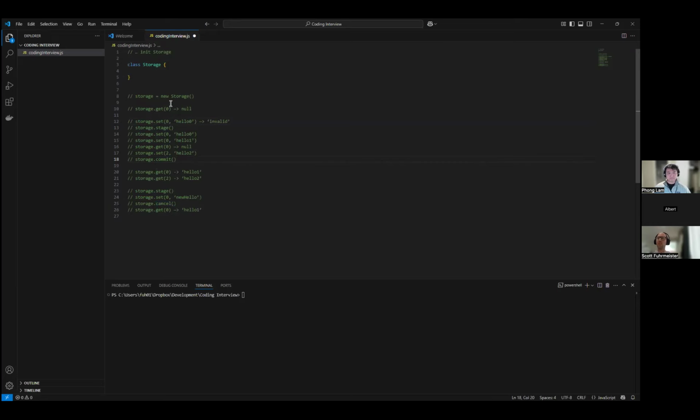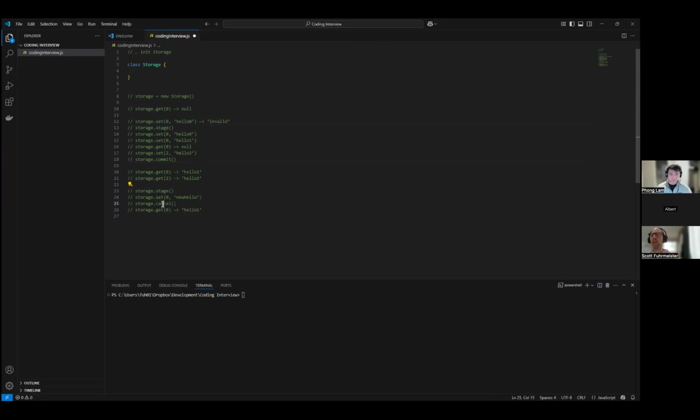So I think what I'd probably do is, we have to have a stage and a commit. So I'm going to have a temporary storage where if you haven't committed it, it doesn't actually get that value. When you commit it, it will override the permanent value.